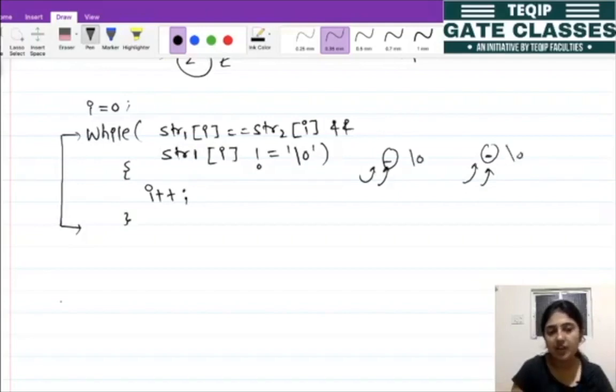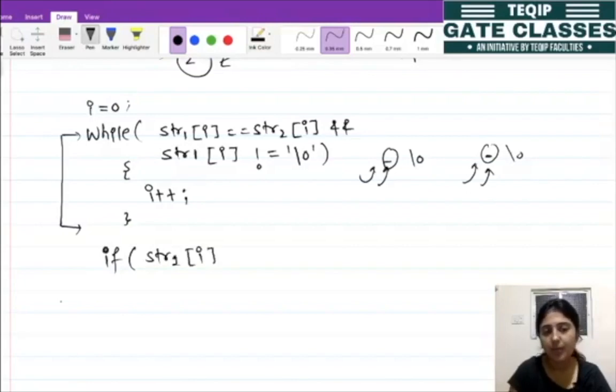But there is a chance that these strings are not equal. So in that case what we need to do, we have to check whether the value of this str1 of that location I. It may happen that in the middle, let's take our example, right? So this is our CSE and this is the example of CSE. So when the value of I was 0, this I value was incremented, then when the value of I was 1, the I value was incremented. So after incrementing, where has the value of I reached, now my I is at location 2, right? So I is at this location.